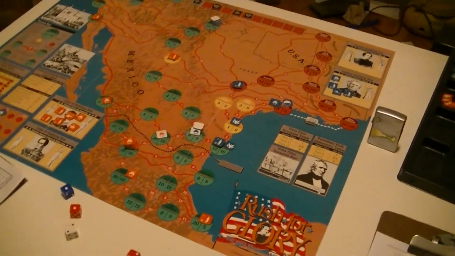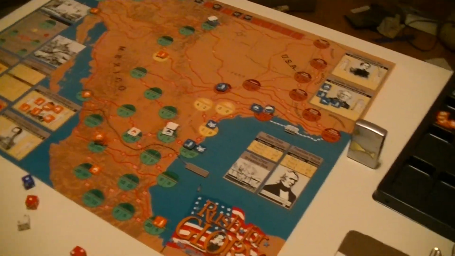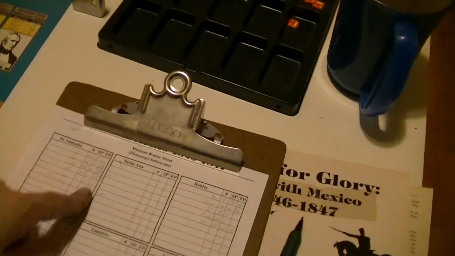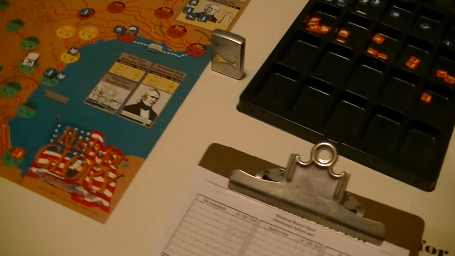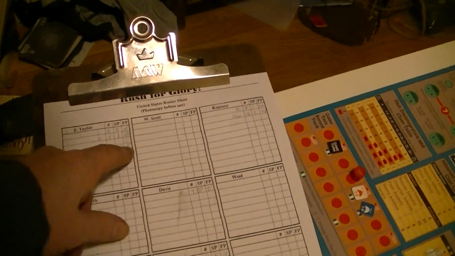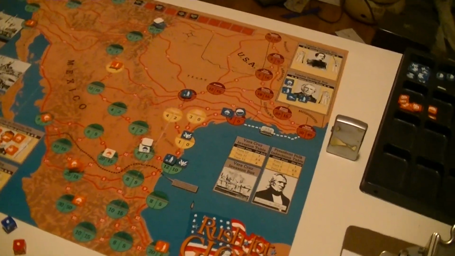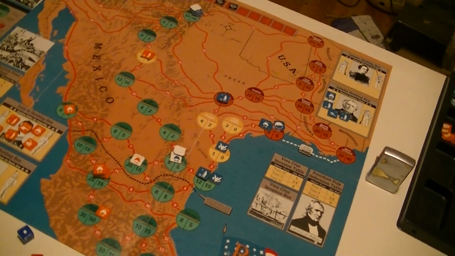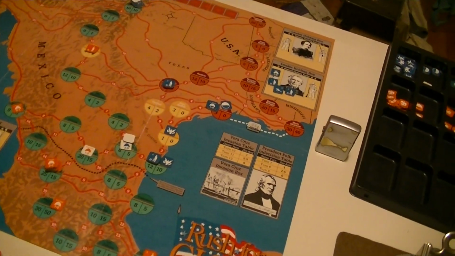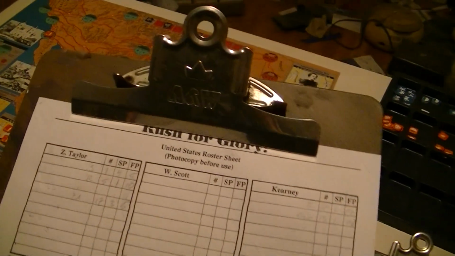For the Mexican turn, I did a bunch of things. Rested, which is a big deal. My army's a little bigger now, but not necessarily particularly healthier. The problem is Taylor's army is getting fatigued, and maybe I want to rest, you know? Why is it so unfatigued is my question. This is an interesting question. Taylor...